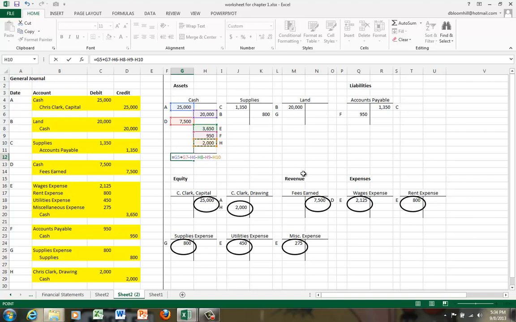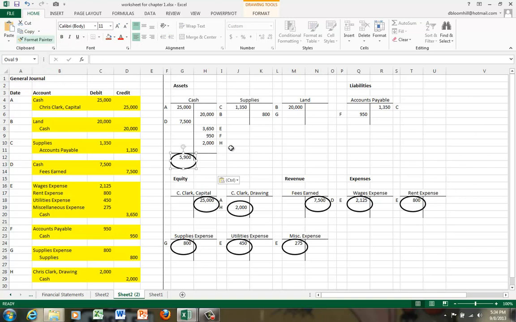So we add the two cash receipts, the $25,000 and the $7,500, and subtract all of the cash payments, $20,000, $3,650, $950, and $2,000, and we wind up with an ending balance of $5,900 on the debit side. So again, because assets normally have a debit balance, this means that after all of the transactions, the business has